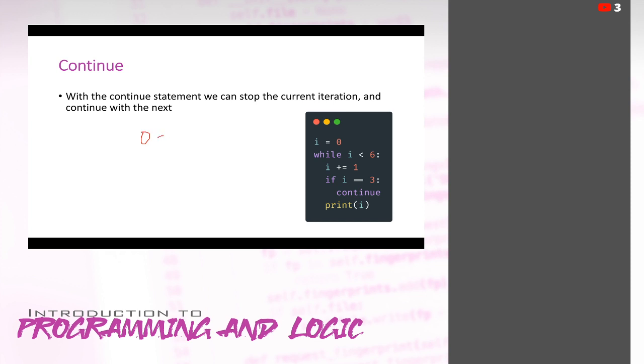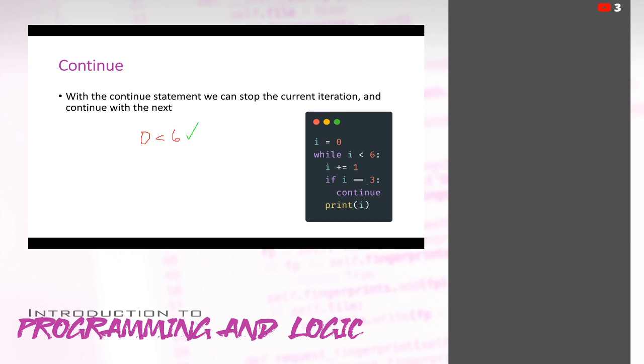So 0 is less than 6. Which is true. But we do have to pay attention to our flow of execution here. Because the first thing we're doing is we're adding 1 to I. Right? So at this point right here, I is 1 and not 0 anymore.